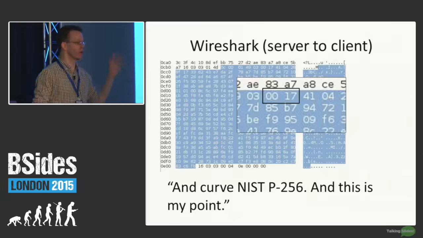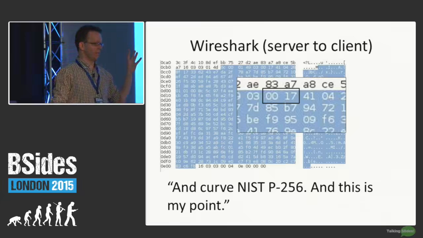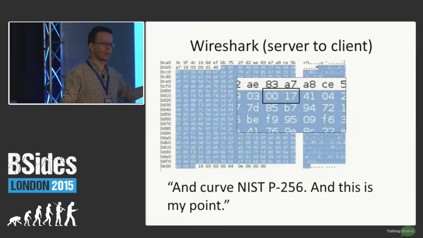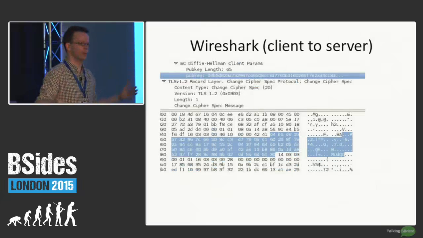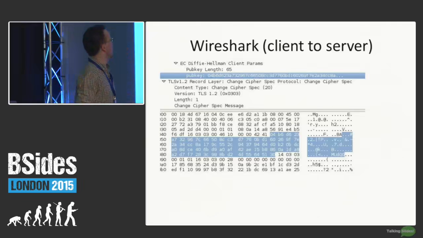No, sorry, this is the B times P that's shared in public, the public point. And likewise, this is A times P, for what the client tells the server. I guess this is a bit confusing, for which I apologize. But my main point here is that you can actually see this happen in Wireshark.